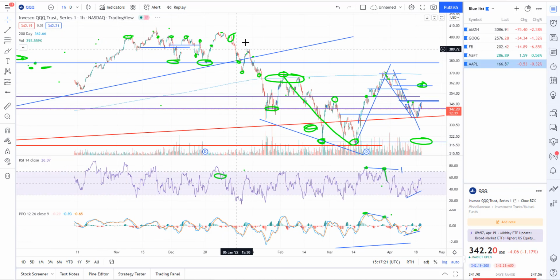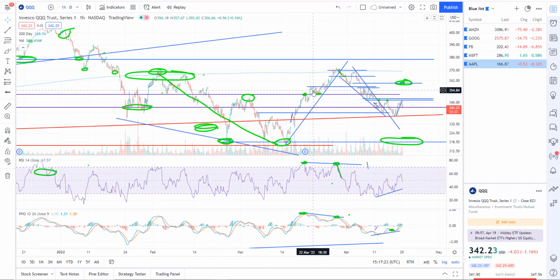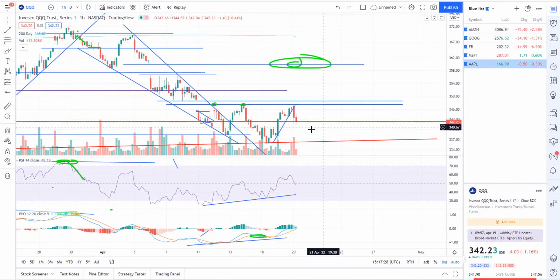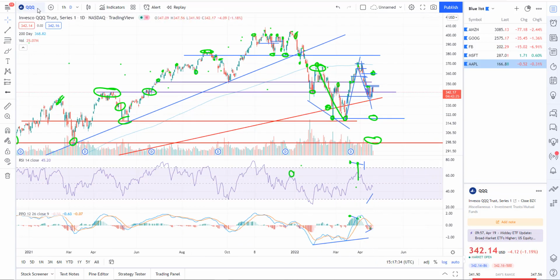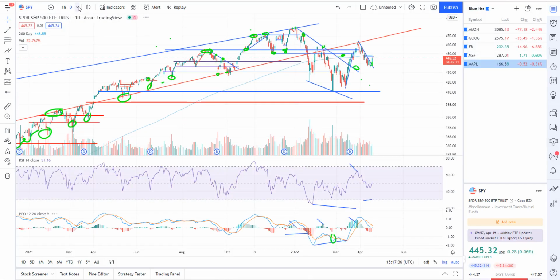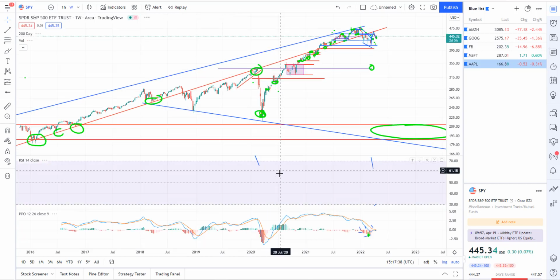The bears think we've started a bear market, while the bulls think it's a bull trend. You have to pick a side, basically. From my perspective, I'm looking for more downside. Again, on the daily chart, there's a couple of reasons why. One, if I go back to the SPY, and this is what I always do to justify positions,